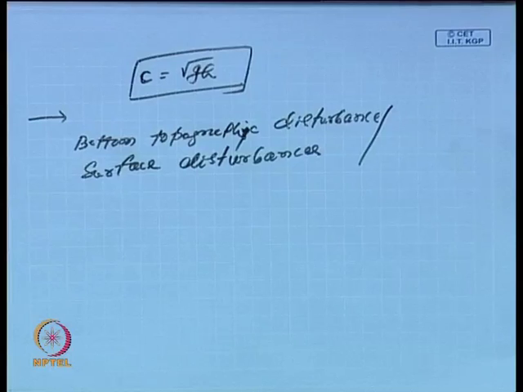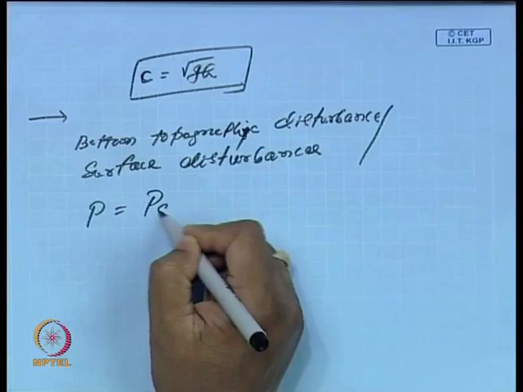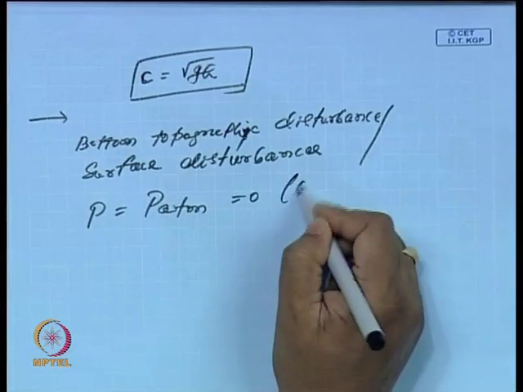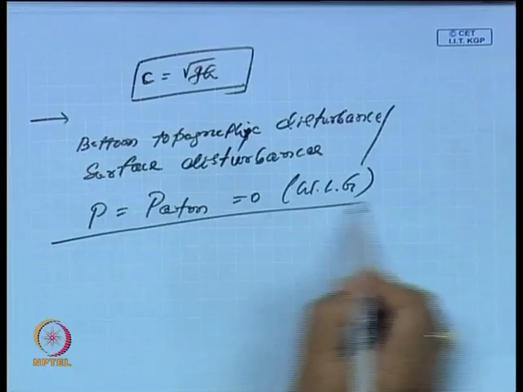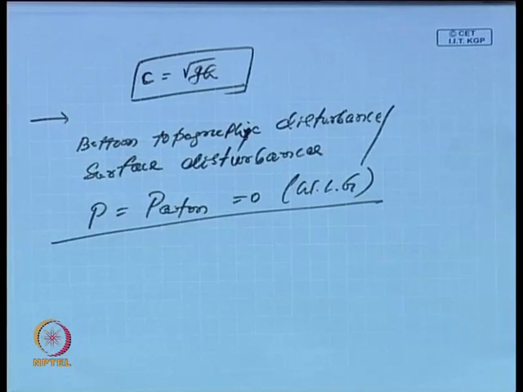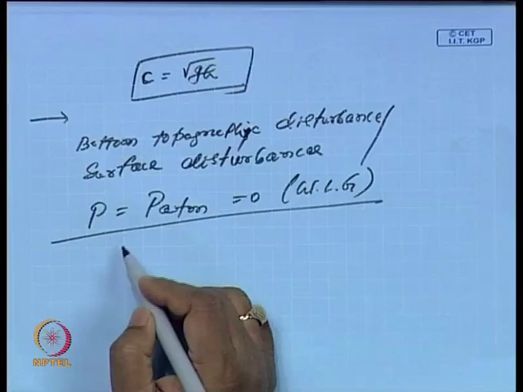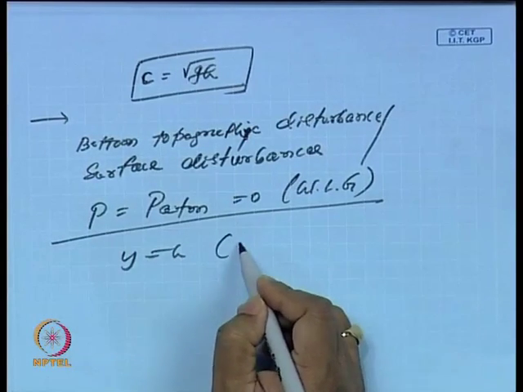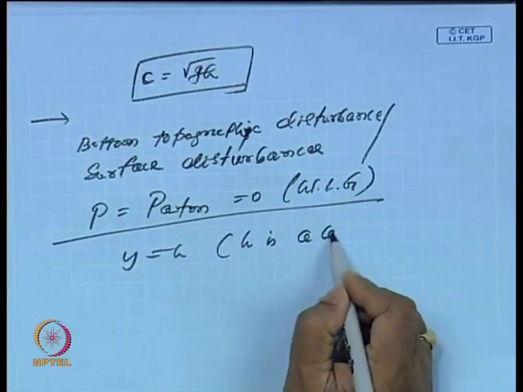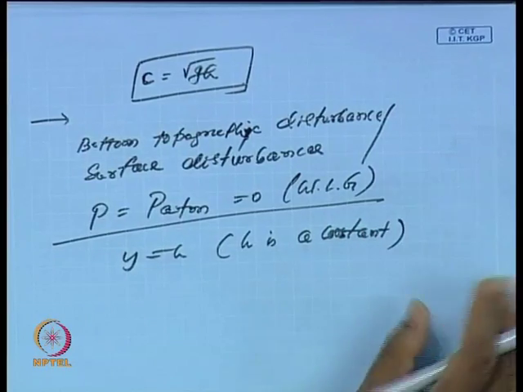It helps to see how these are accommodated into the long wave equation while solving it, because in both the cases so far we have assumed P is P atmosphere, which is taken as 0 without loss of generality. The question is what happens when P is not constant, for example when there is a wind or a storm, because in such a situation atmospheric pressure is not constant. Further, in many cases we have taken y equal to h, that is, h is a constant. But in reality that is not so, as we have seen in the previous case, how width variation has changed the nature of the problem and how the wave propagation has changed.